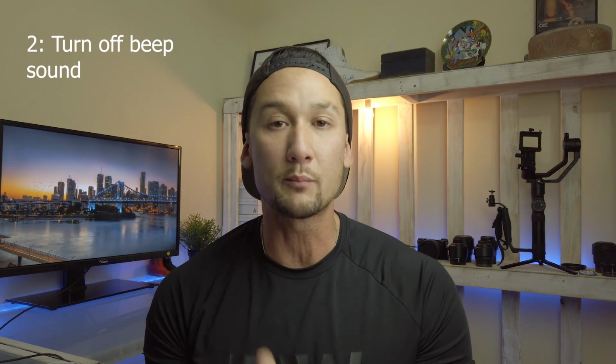Now, secondly, in the settings, they give you an option you can turn off the beeping sound. So, you know, when you press record and it gives that beeping sound, or when you stop recording and you get that beeping sound as well, you can get rid of that. Obviously, if you're in some quiet situations and you need to use it, say in a wedding or something, if you're just sitting in a crowd at a wedding, you can turn that off, and it can become pretty useful